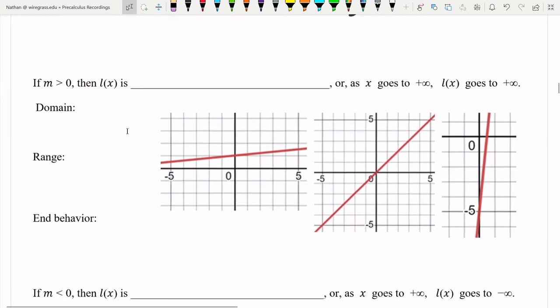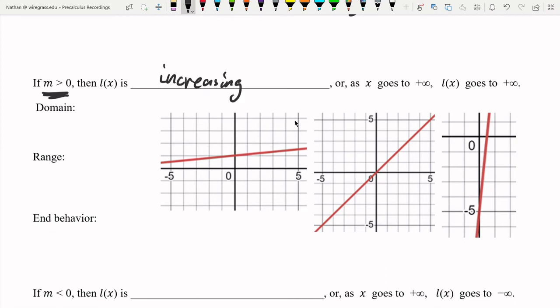Now, I want to look at different kinds of functions, because there are a lot of different linear functions that we've been looking at. I just want to look at them specifically to talk about their features. So first off, if m is greater than 0, then these are the kinds of functions we get. You can get many different ones, but these are 3 sample versions. As you go left to right, the function goes upward. This is an increasing function